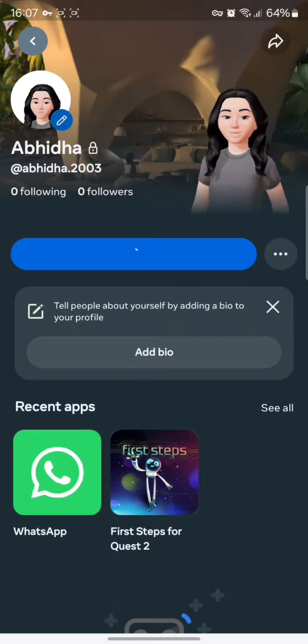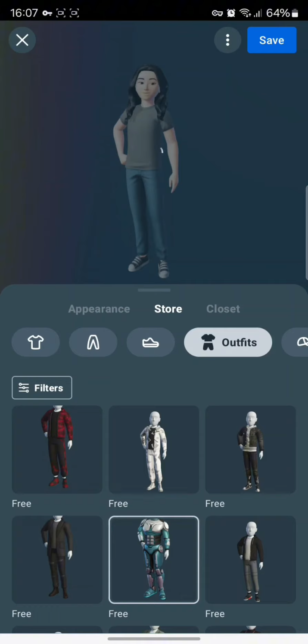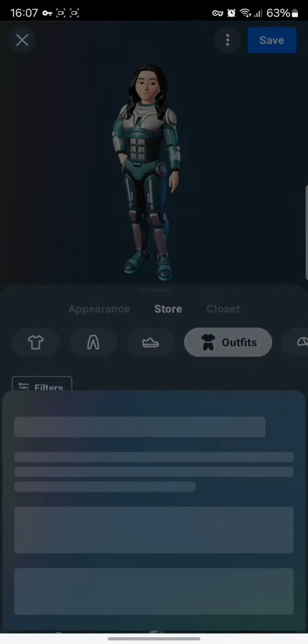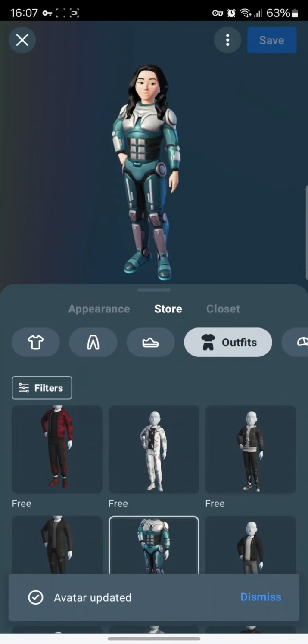Once you tap on edit avatar, you can simply change the features of your avatar, like their face, appearances, or their closet as well. And once you have changed it, you need to hit the save button. Once you have hit the save button, your updates will now be saved and your avatar will be changed